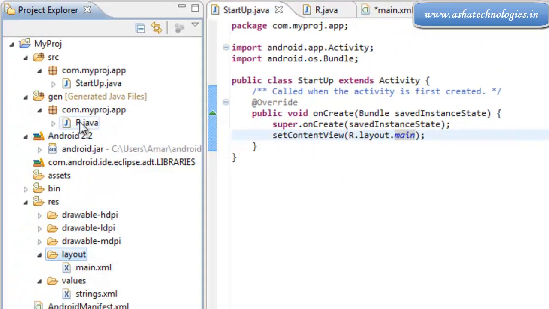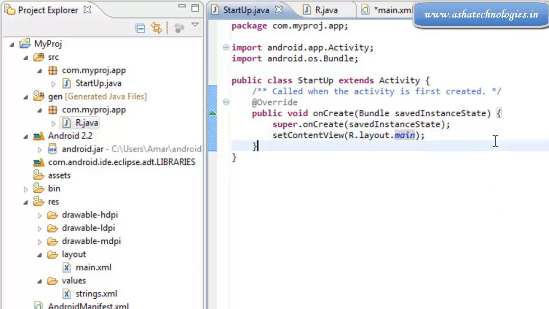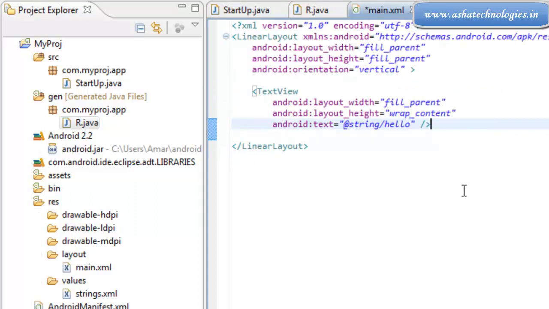So R.java resolves many problems. It is used to access the resources and other components, like variables and whatever components were designed in XML files. XML files are basically used to design views, the user interfaces, UIs.